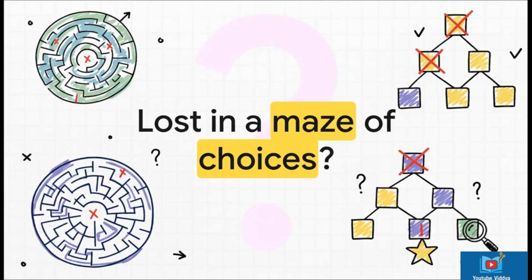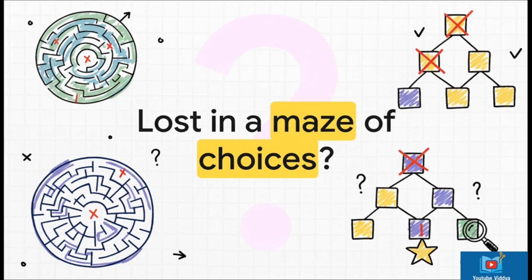Okay, picture this. You're dropped into a gigantic maze. Thousands of possible paths, forks in the road everywhere, but only one of them actually leads out. So how do you find it without just wandering around forever? That's really the core challenge for so many problems in computer science, navigating this huge state space of possibilities to